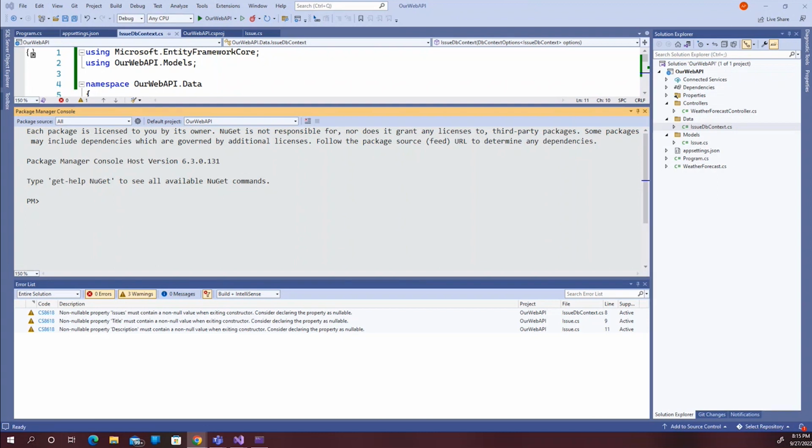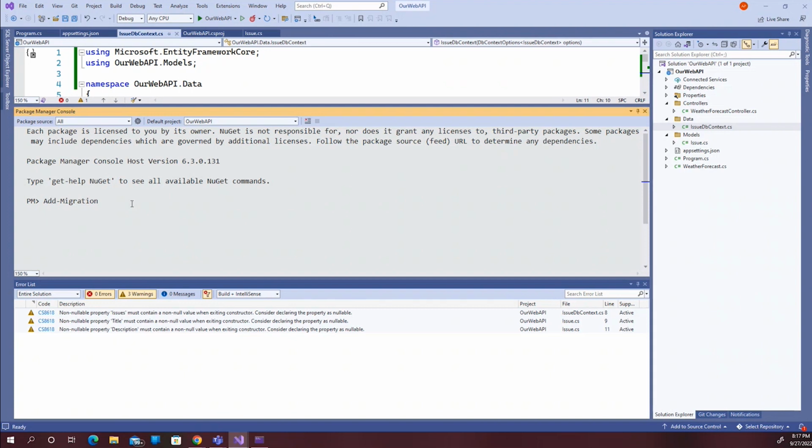Package manager console. Install it and then add migration, and then we have to provide a name,